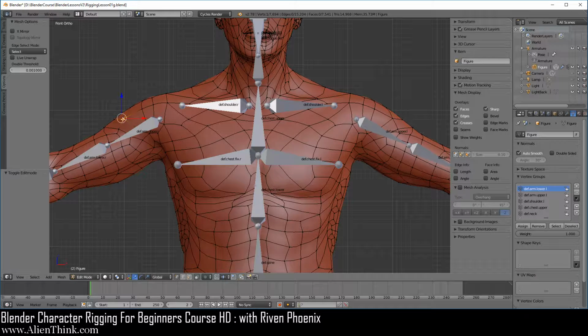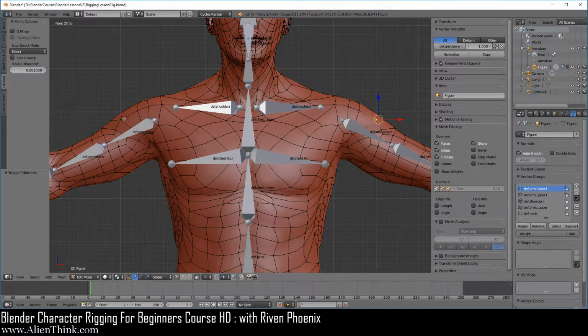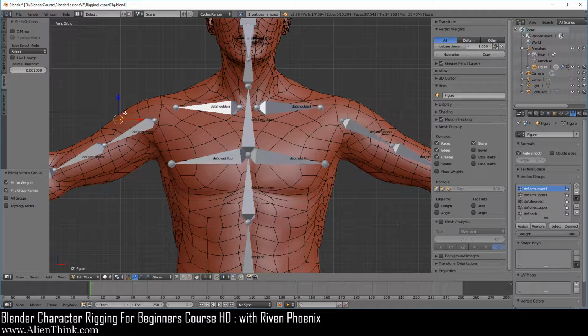So this means that we have this selected, right? So it's going to copy from unselected. Now, in order for this to work, you of course have to have the vertex group selected because that's the vertex group we are dealing with. So if you click over here and fire this off, what it's going to do is make a copy of this vertex group onto this side. Okay, now go ahead and X this out.